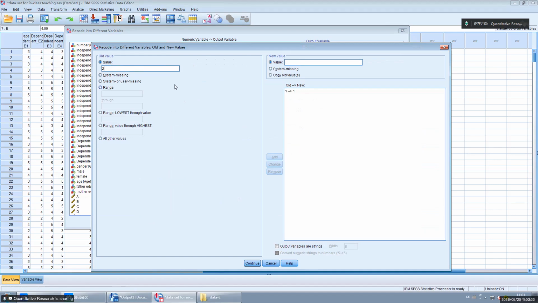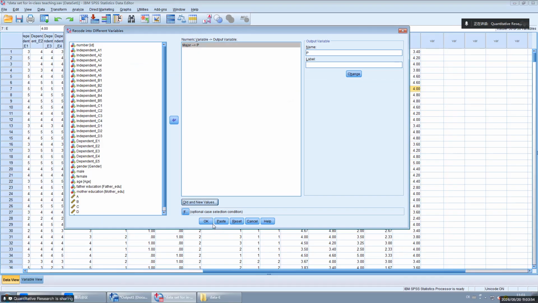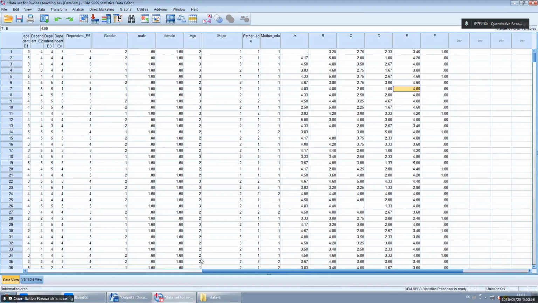When the old value is 2, the new value should be 0. When old value is 3, the new value should be 0. That's it. So this is for P. Okay, next.